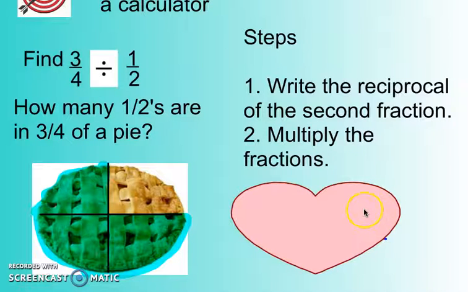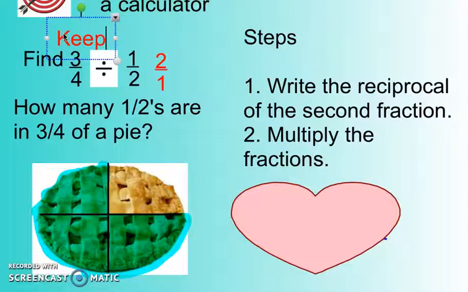If I write out 3/4 divided by a half, and I follow the following steps, what I'm going to do is write the reciprocal, meaning the multiplicative inverse of 1/2. What is that? What is the multiplicative inverse of 1/2? 2 over 1. And so what I'm going to do is